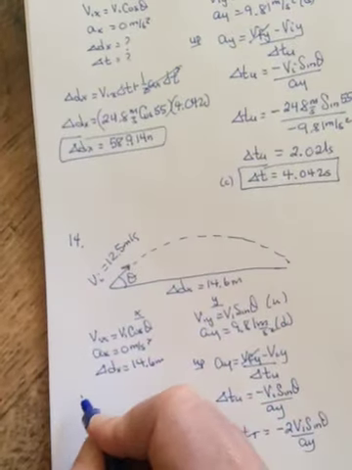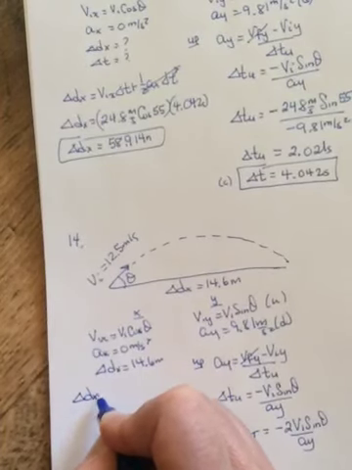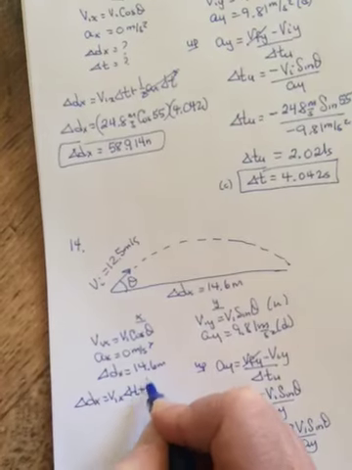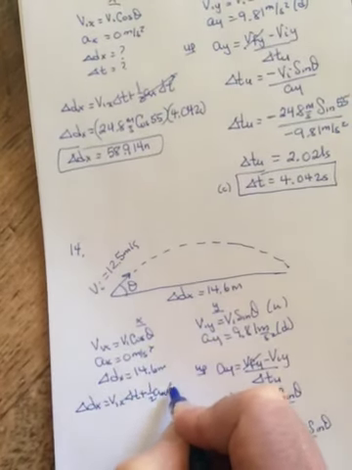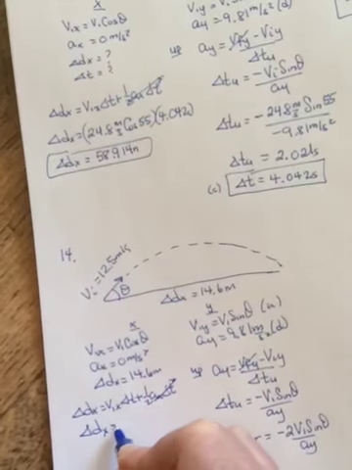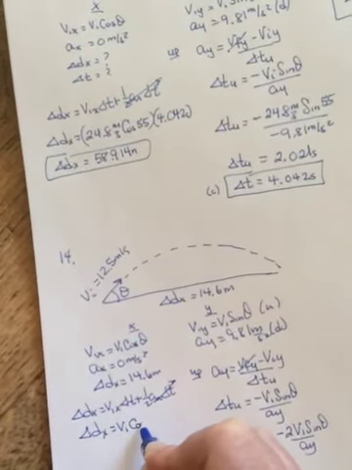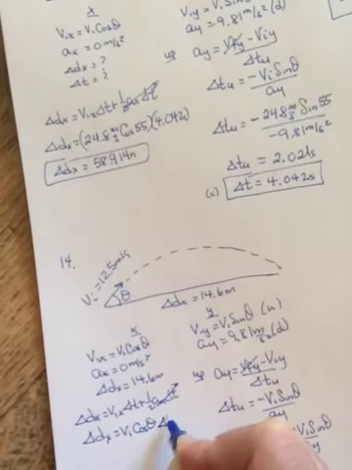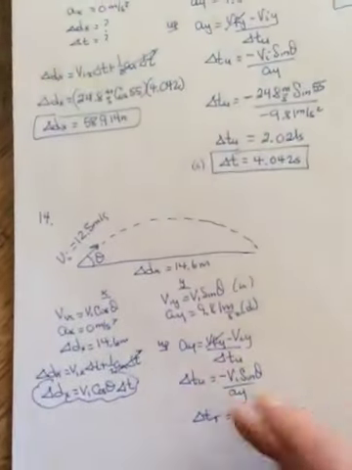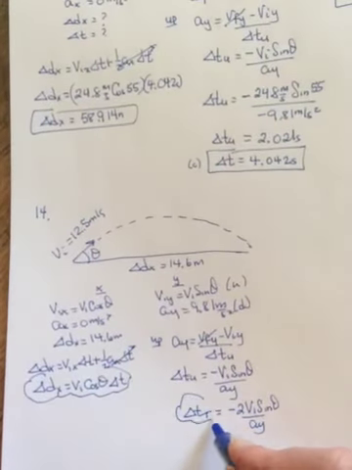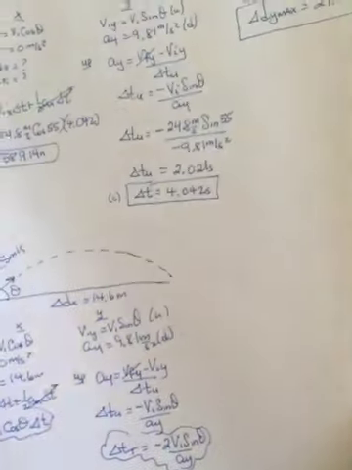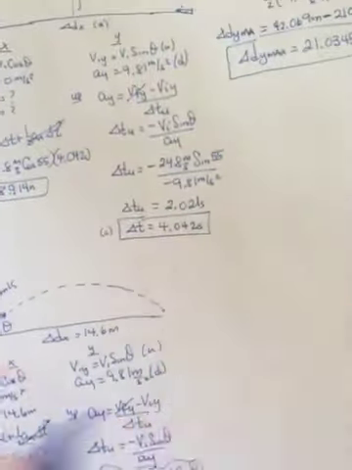So I have to go to my x direction and do delta dx is equal to VIX delta t plus 1/2 ax delta t squared. This last term is 0. So delta dx is equal to VI cos theta delta t. And again, I can't solve this. I have two unknowns. So I have two equations, two unknowns. I'm going to take my equation for delta t and I'm going to sub it in my delta dx one so that it becomes